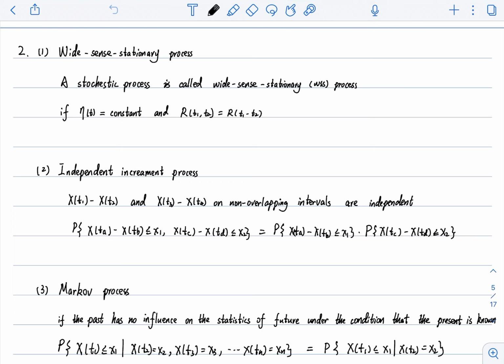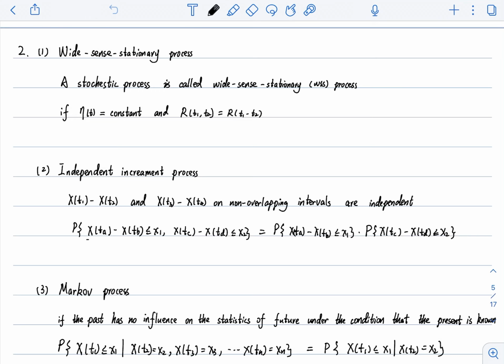These two values on non-overlapping intervals are independent, which means that the intervals t1 to t2 and t3 to t4 are non-overlapping, and